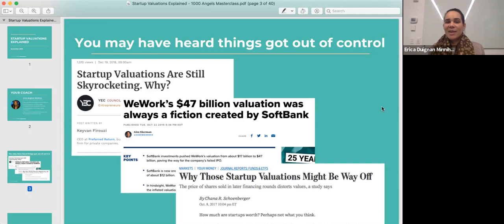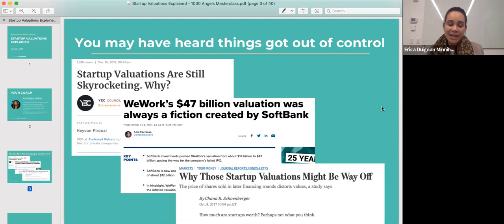So one of the things we probably want to address right off the bat, to address the elephant in the room, is the WeWork debacle, right? Before the big crisis, WeWork had probably raised somewhere around $18 billion, and kept raising a few billion every year at doubling valuations. So it would go from a $15 million pre-money to a 30 to a 60. Every time they had a new funding round, SoftBank would very arbitrarily double